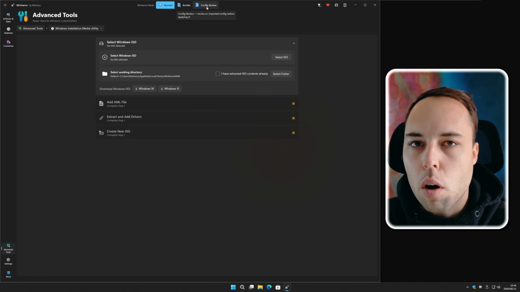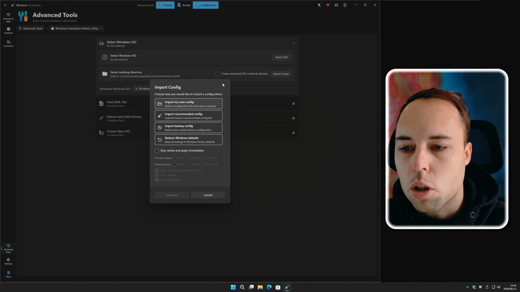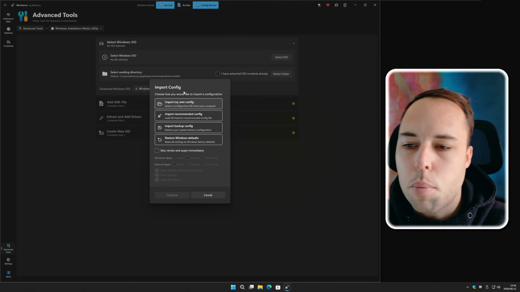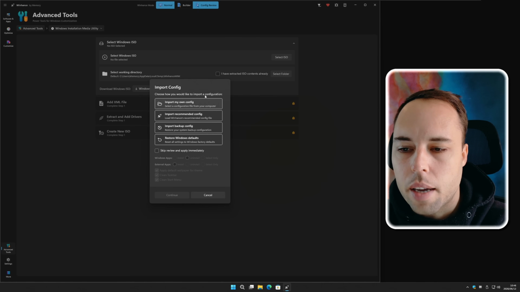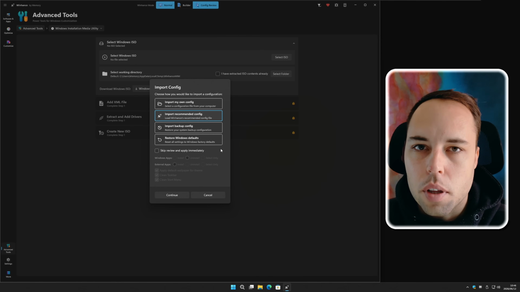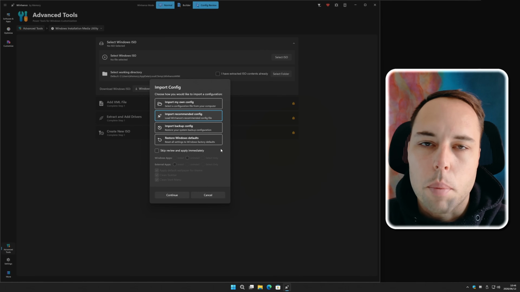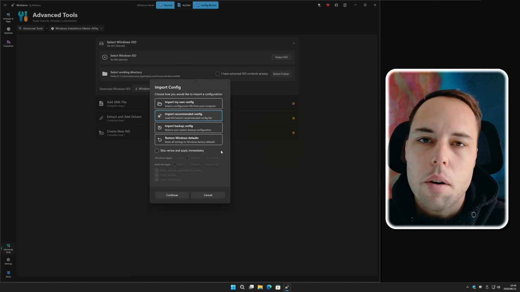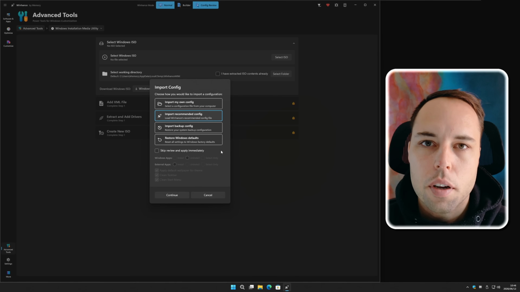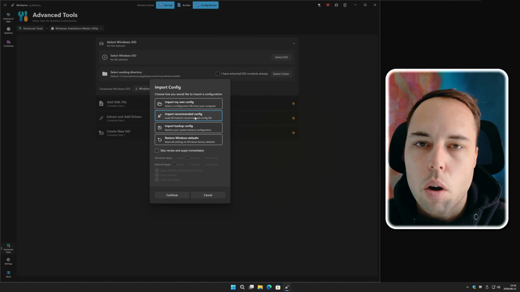You then also have a config review mode, which isn't something new. It has existed in WinHance before, but it'll show you the import config window where you can select a config to import. And by default, it'll always enter into config review mode, where you can then review the changes that a config file wants to make to your computer before applying that file. But this is only really needed if someone shared a config file with you, or if you want to review the changes that the recommended config file of WinHance will make to your system.